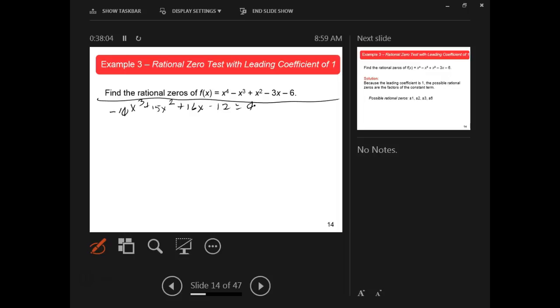Okay, the rational zeros test. The rational zero test will be of the form P over Q, where P is all the possible factors of 12. And you don't worry about the sign because you're going to put plus or minus anyway. So what are the possible factors of 12? Plus or minus 1, plus or minus 2, plus or minus 3, plus or minus 4, plus or minus 6,